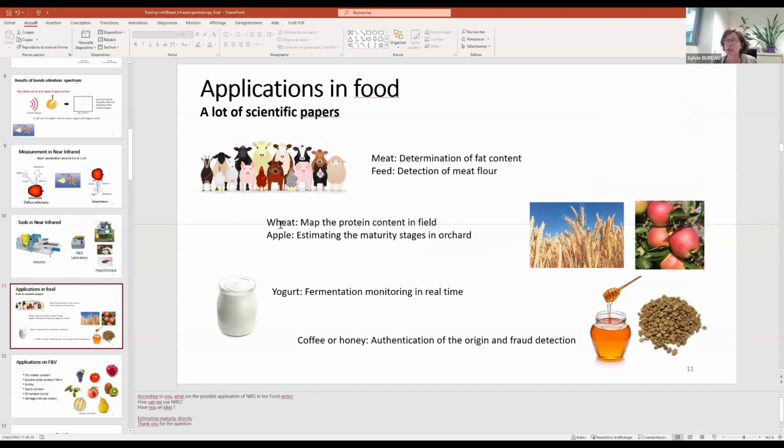NIR is used also for plants. So, for example, to map the protein content in the field according to the location. For apple, to estimate the maturity stage in the orchard. Some applications in the milk industry, and here an example of yogurt to follow the fermentation in real time, or in other agricultural